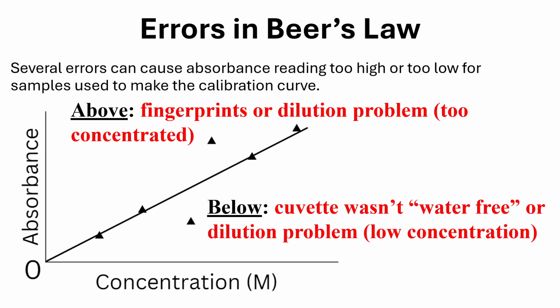If it's below, then the cuvette wasn't water-free probably, meaning you either didn't dry it out or didn't rinse it with the chemical that you were testing. So that's why I'm saying water-free. It's rare that you would actually dry it literally, but you do want to get the water out of there by rinsing it with the chemical that you're testing. And so generally speaking, you would put a little bit in, swirl it around, dump it out, put a little in, swirl it around, dump it out. Maybe do that 2 or 3 times to make sure all the water is removed,